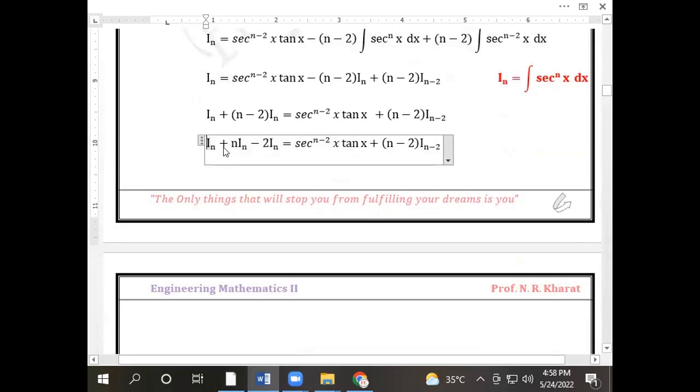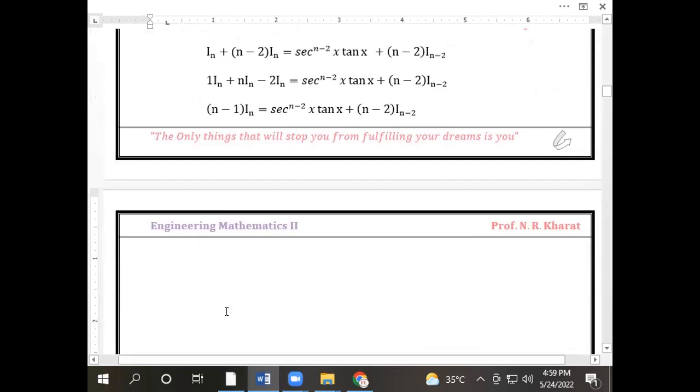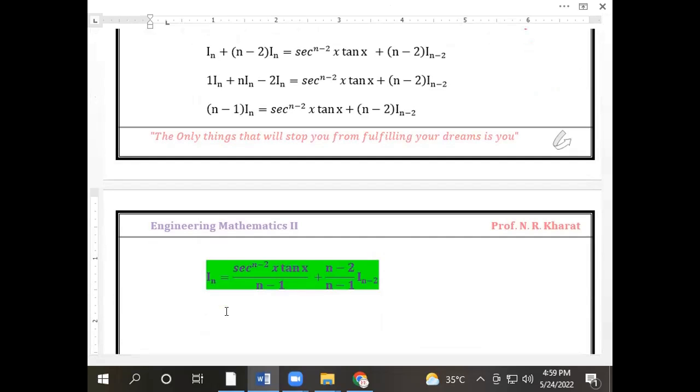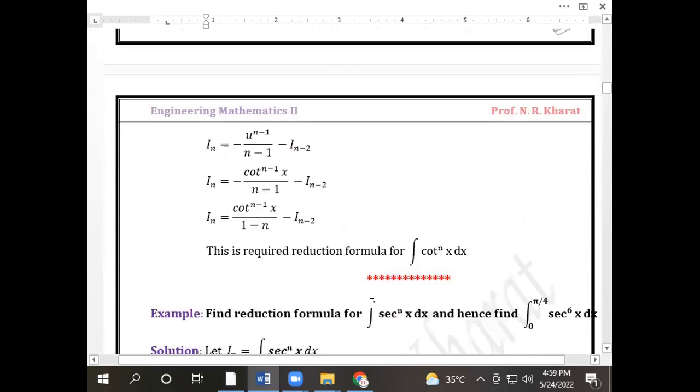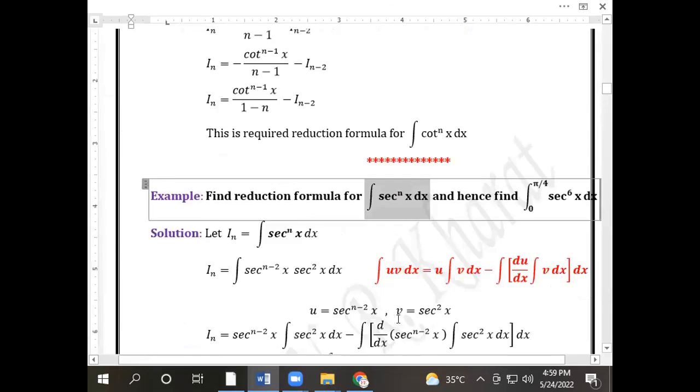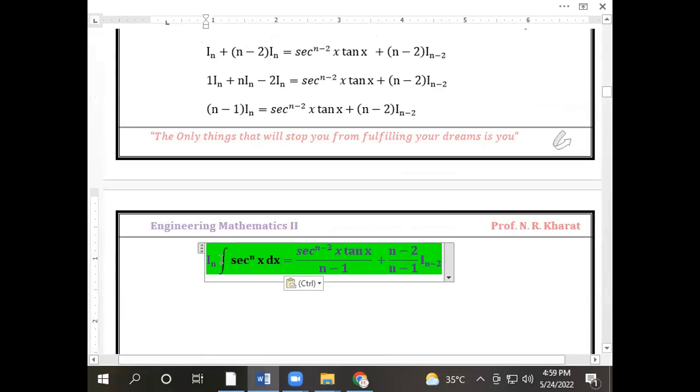And we have to make the calculation. Its coefficient is 1. Its coefficient is minus 2. The minus 2 and plus 1 is minus 1. And taking In common, we require In. So we have to divide this entire step by